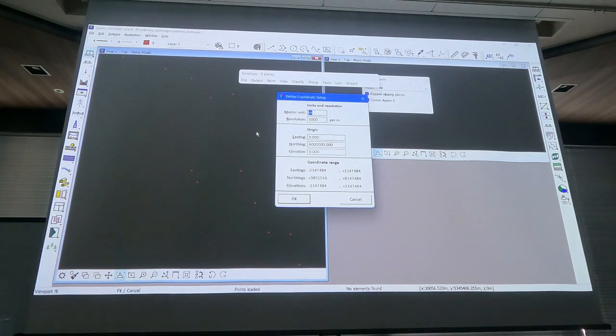If we just read in the point cloud, which is 0, 0, 0 coordinates, it's going to be outside